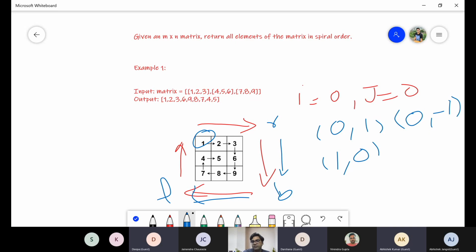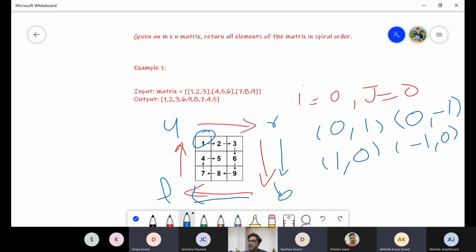Then the fourth direction is going from bottom to up. So what is the possibility here? We basically need to reduce the row but keep the column the same. So these are the 4 directions possible for any matrix which we need to traverse in spiral form. Now suppose we start with 1, 2, 3, then we move to 6, 9 and then 8, 7, 4. But if I traverse the first row 1, 2, 3, then I do not want to traverse 3 again in the last column. And how can I avoid that?